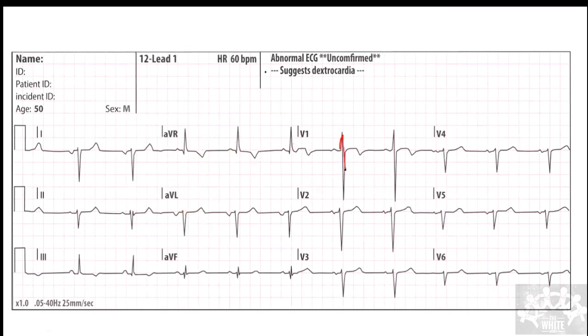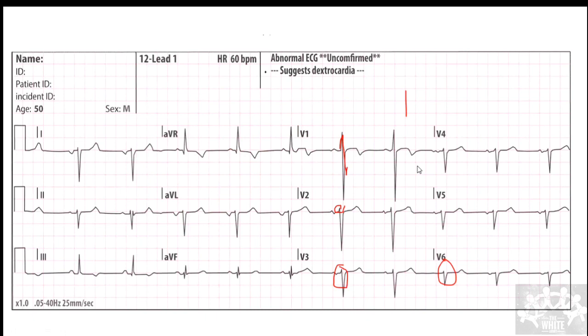So you see a nice R wave there, but then the R wave starts reducing. As you go from V1 to V6, the R wave is reducing. So what is this now? Can you tell me the diagnosis for this? Some said dextrocardia, some said reversal. So now you tell me, for the ECG that I've given you, is this lead reversal or dextrocardia?